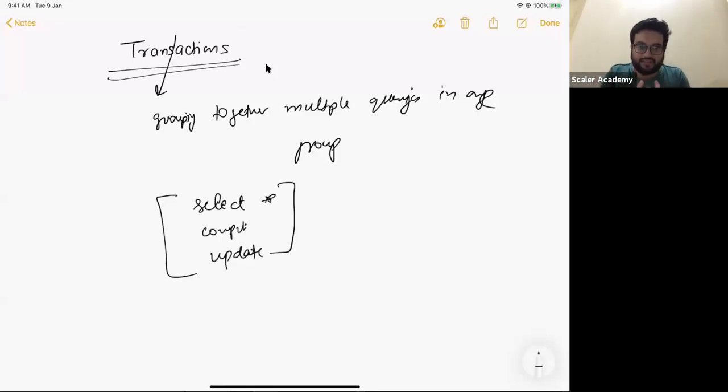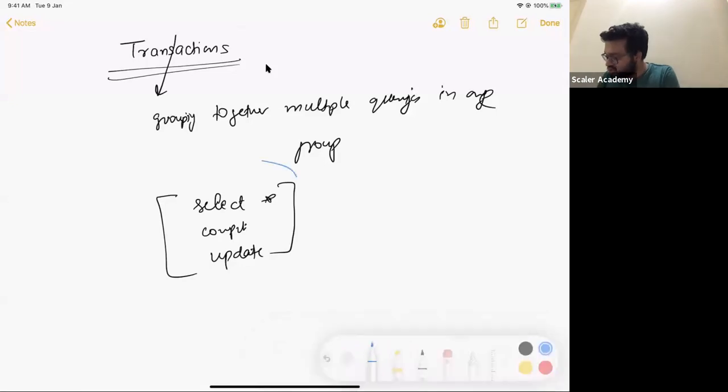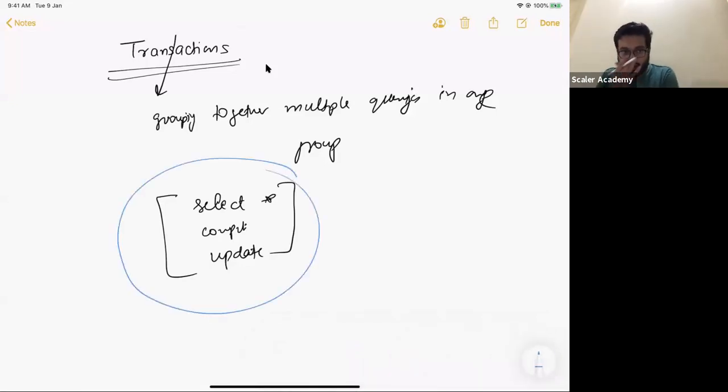Given your application, given the thing that your application is trying to do, all these things make sense together. So to form a wrapper around these queries, we call these things a transaction, and we can define transactions in our DB. Basically, we can define a set of instructions as one transaction, and then with the transaction, there come some guarantees. Now let's try to see what guarantees come in with any relational database. It's an abstraction.